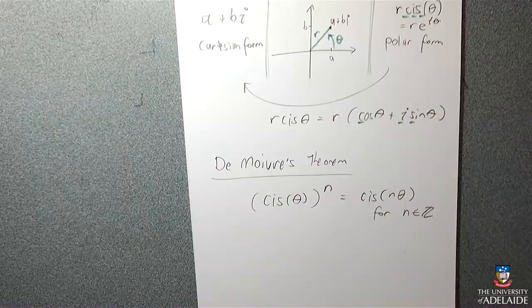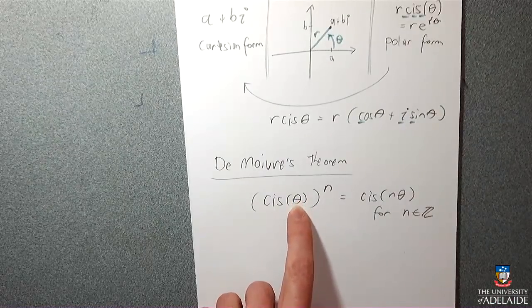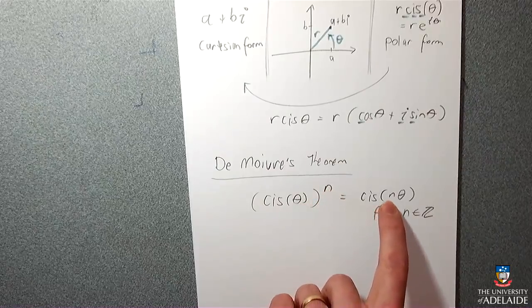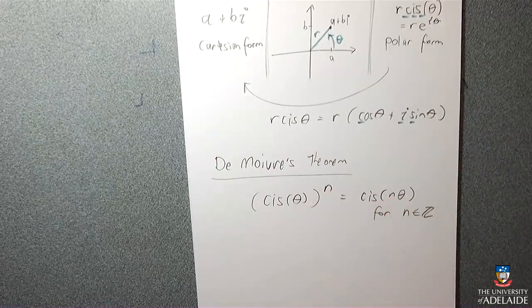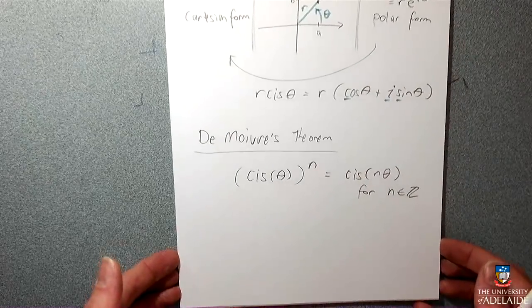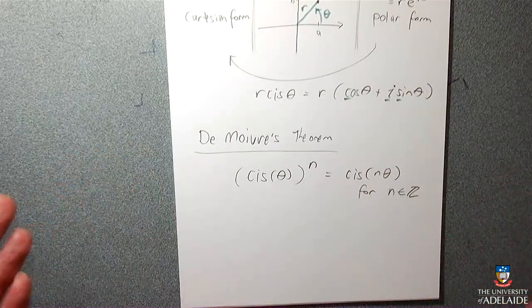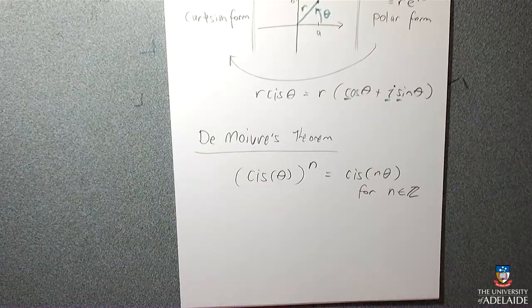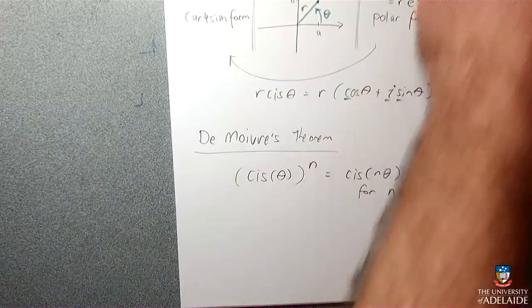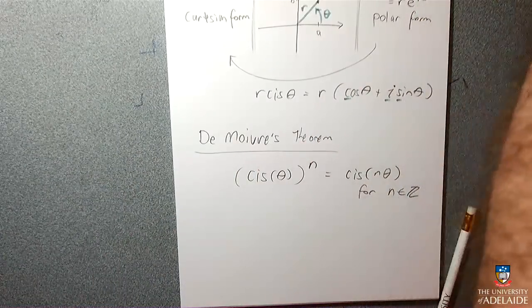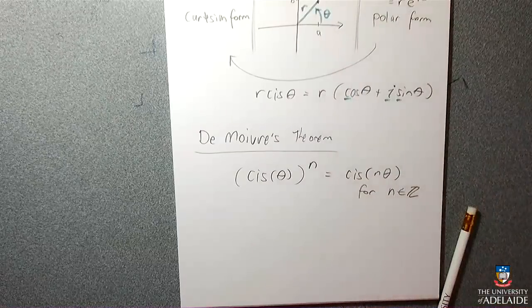If you do powers of powers, you multiply the powers together. So look, we have function of theta to the power of n is the same as function of n times theta. That must mean that cis is a power of something, which it is. It's e to the i times theta. So that's where that came from. So that's de Moivre's theorem. I'm pretty sure. Does that seem right? Oh, well, that's not important.